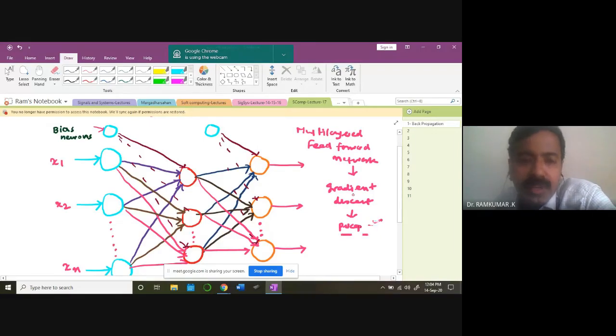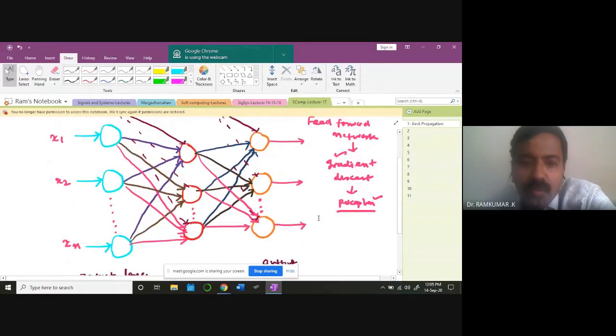In Nitish Kapra's lecture, we have seen how to apply the gradient descent learning rule for a single-layered feed-forward network. Now look at this case. I have one more hidden layer here. From this hidden layer, it goes to the output layer. So this is the input layer, this is a hidden layer, and this is the output layer.